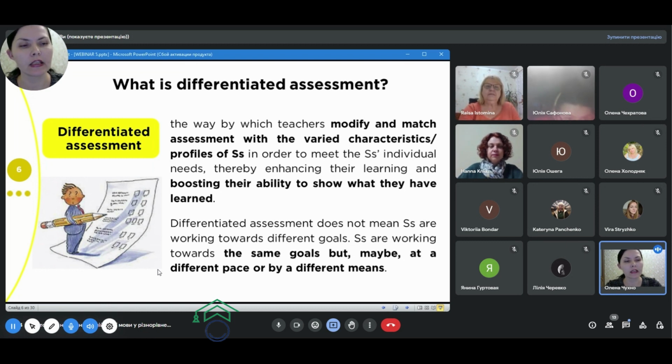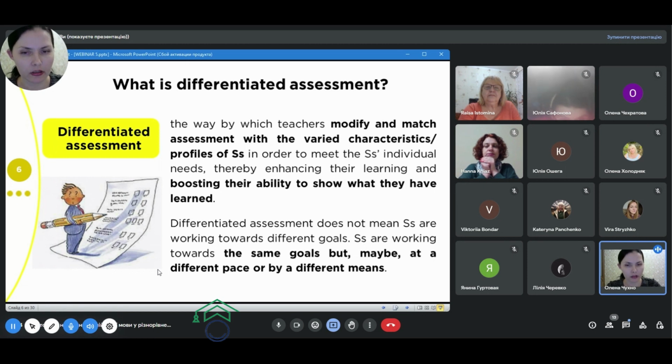So if you look at the keywords here, we can make this definition a bit shorter. Differentiated assessment is modifying your assessment, taking into account your learners' profiles in order to boost their ability to show